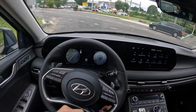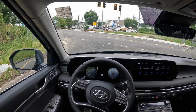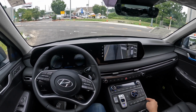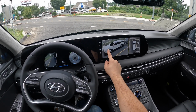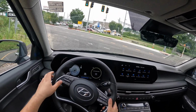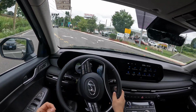And there is this blind spot camera right there. Basically, it's using the same exact camera for the 360 camera system this Palisade has. Let's go ahead and turn on the camera. There is the 3D view, which looks amazing. So Hyundai, I think you did a great job with this Palisade, and I think the Palisade is my favorite looking